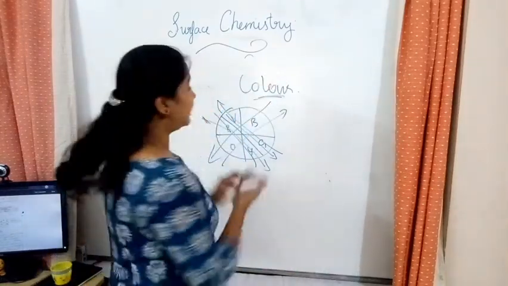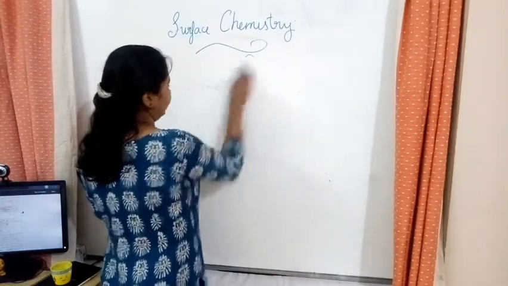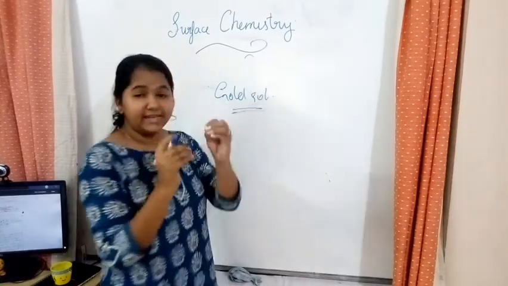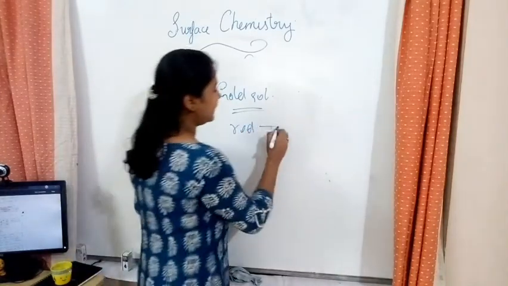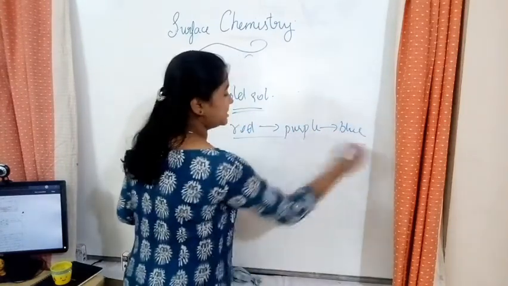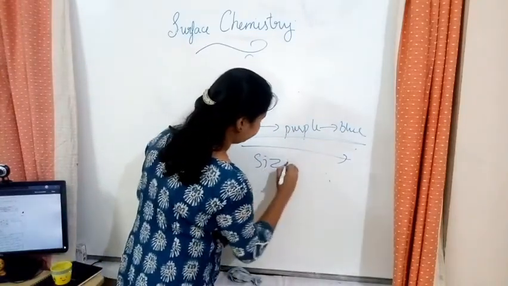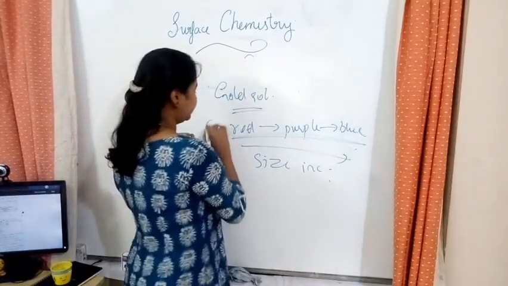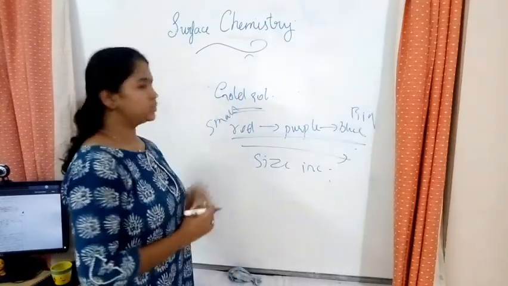In our textbook, we have to learn about gold sol. How does the gold sol have its color, or what is the color of the gold sol? For gold sol, when the particles are very, very small, it shows red color. When the particle size increases, it changes to purple and then to blue. Okay, this is the change. Learn this: red, purple, blue. This is when size increases, towards this direction, from smaller to big. This is the small, this is the big. When it's bigger, it becomes blue. So this is the talk about color.